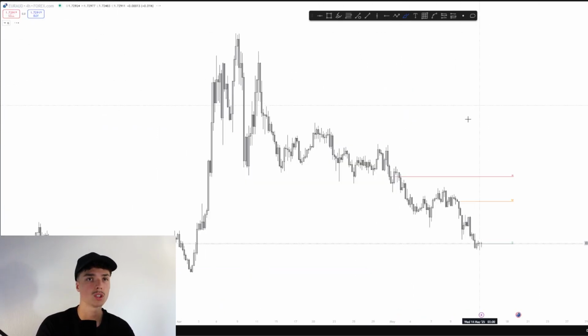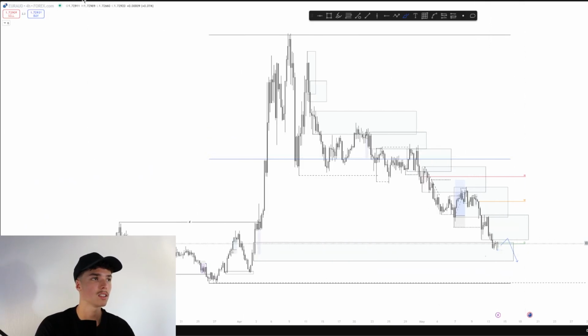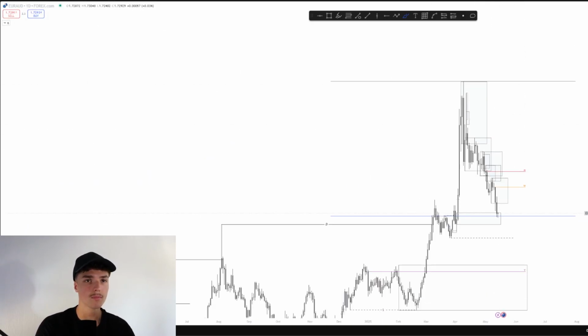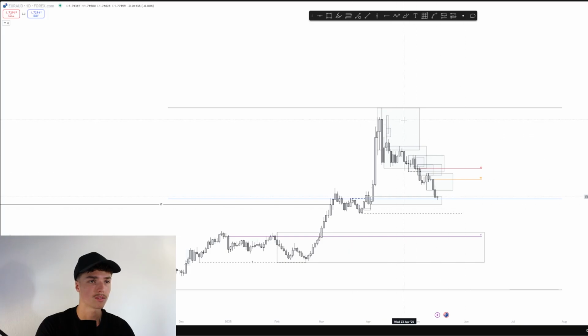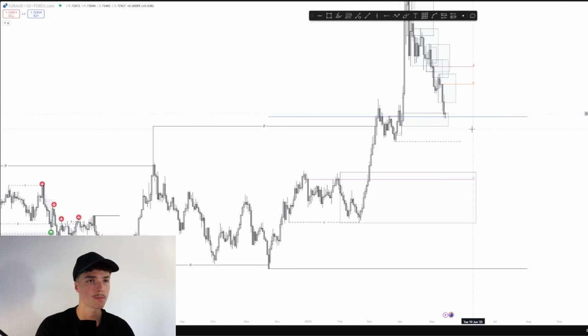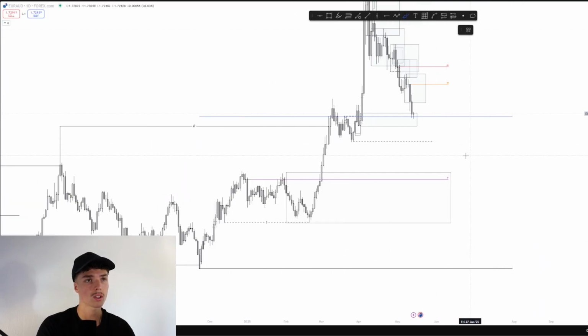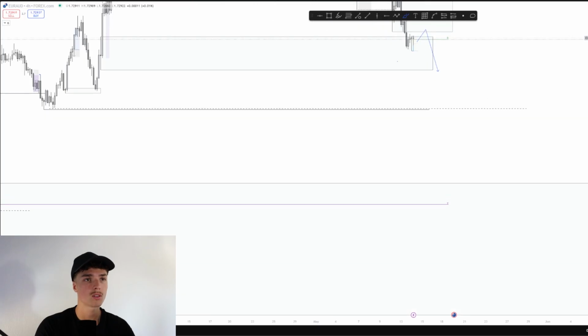If we go over to Euro AUD, on Euro AUD we see on the daily time frame a bearish order flow. Okay, we see we're bullish, and we see that we just made that retracement back in towards the discount prices. Okay, so what could we expect now? Well, we could expect maybe some upside from this demand zone, so that's where I'm looking at. Maybe going over to the 4-hour time frame,